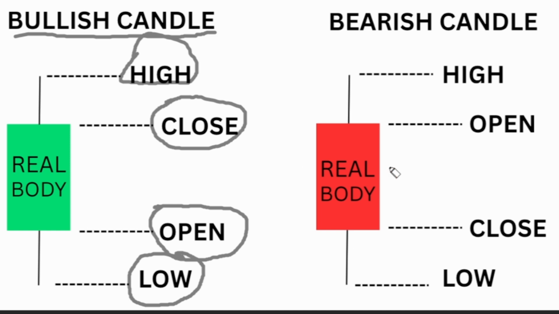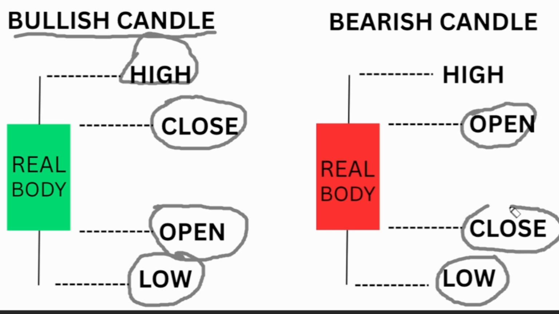Now we go to the bearish candle. The low is basically the lowest price the sellers pushed the price down to. Then for this red candle, we should know that the opening price will be at the top of the body, the close below, then below the close we have the low, then at the highest point we call it the high. This is basically the highest price ever recorded for this particular candlestick.